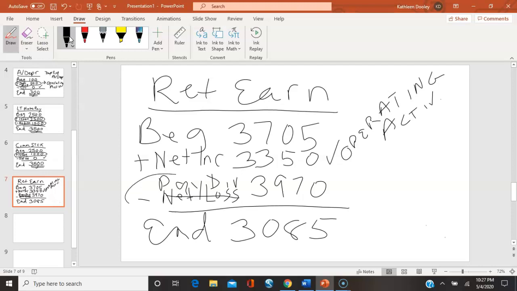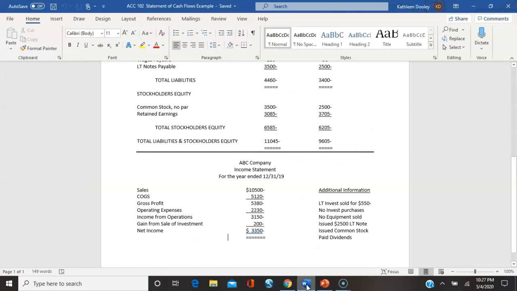Okay, in the financing section, we'll have to put paid dividends 3970. Okay. We want to double check that the 3705 plus the 3350 minus the 3970 equals the 3085, and we can make sure that that happens as well. So at this point, we have now taken care of all our long-term assets, long-term liabilities, and our stockholders' equity accounts. We have analyzed them, what makes them go up, what makes them go down, made sure that they all checked out, and